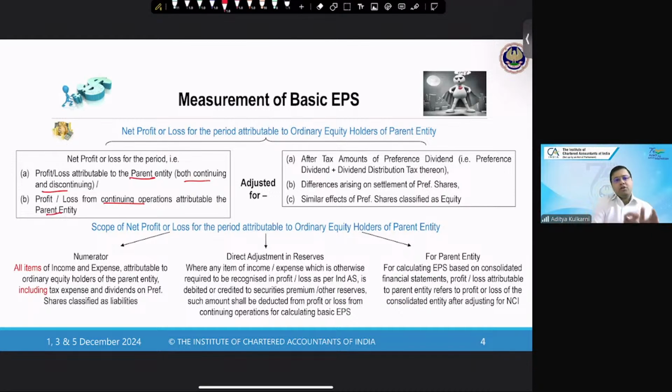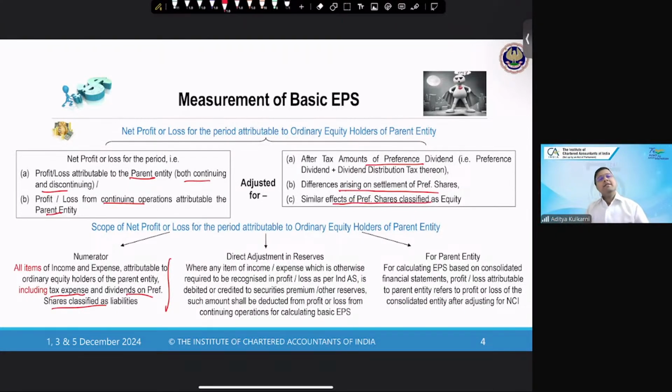So you have to give total operations and continuing operations separately, adjusted for after tax amounts of preference dividend, differences arising on settlement of preference shares, similar effects of preference shares classified as equity. So the numerator will include all items of incomes and expenses, including tax expenses and dividends on preference shares classified as